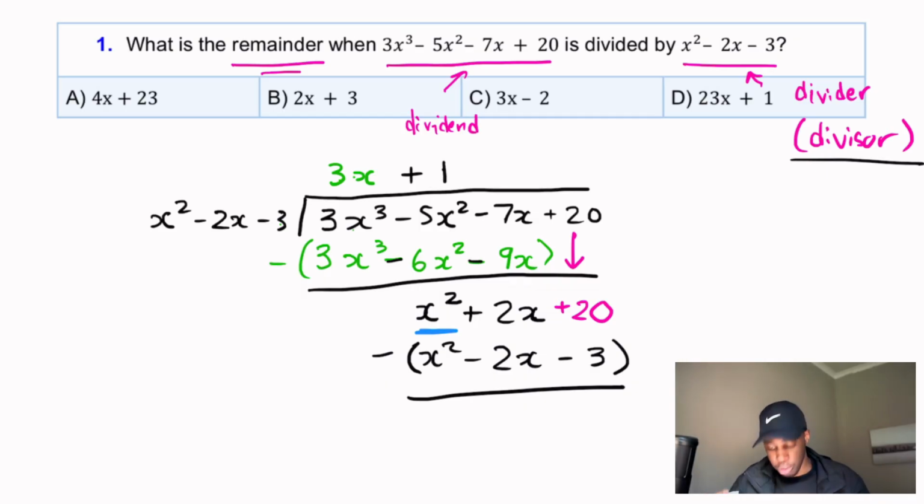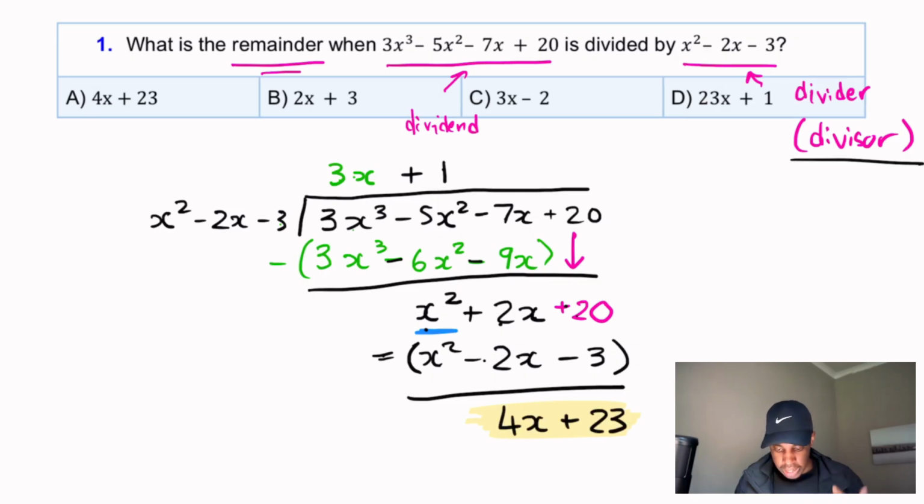And therefore, once we subtract, x squared minus x squared, that's going to be 0. And then 2x minus 2x, because this is now going to be plus, so 2x plus 2x, that's going to be 4x. And then the 20, in this case, 20 minus 3, that's going to be 20 plus 3, so that's going to be plus 23. And pretty much this is the final answer, and this is the furthest that we can go. We can't bring down any other numbers, so this is literally the final answer to this question,